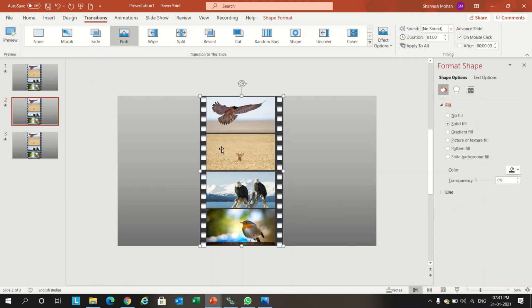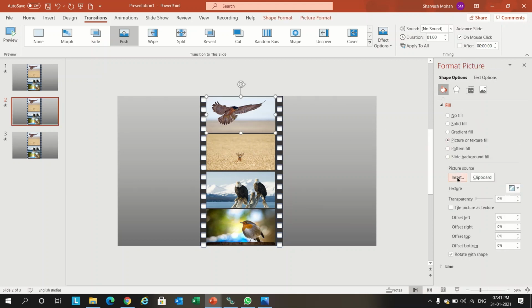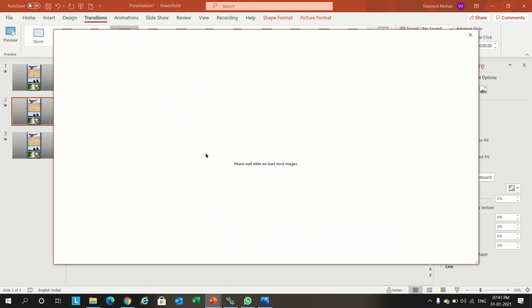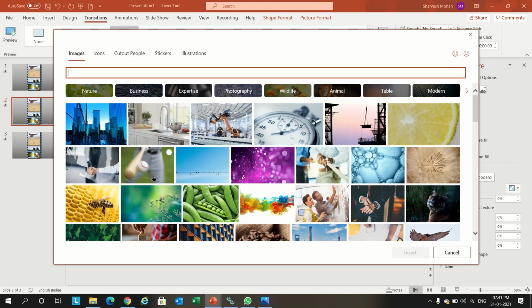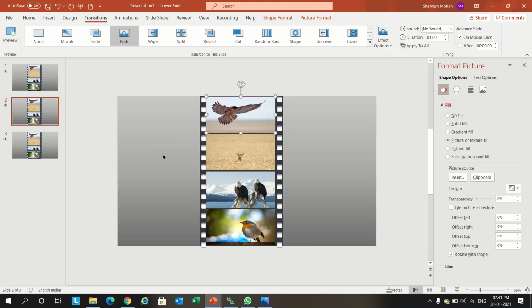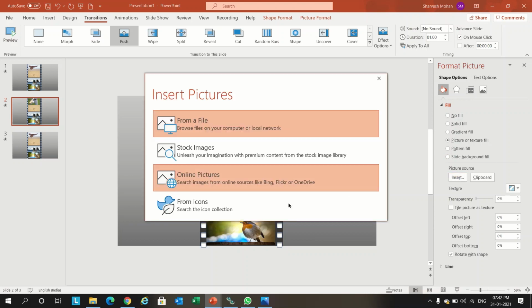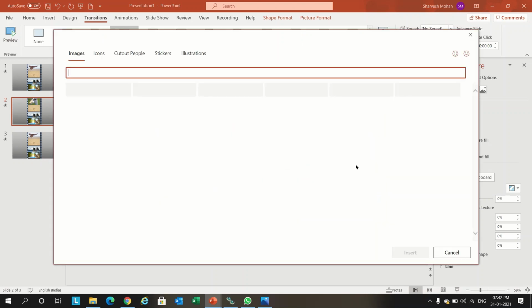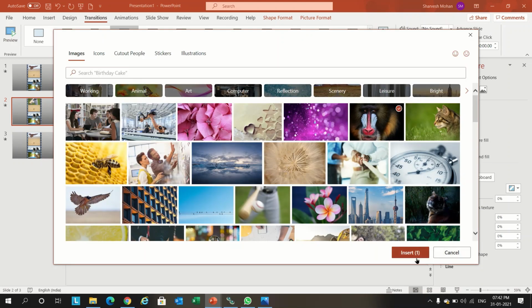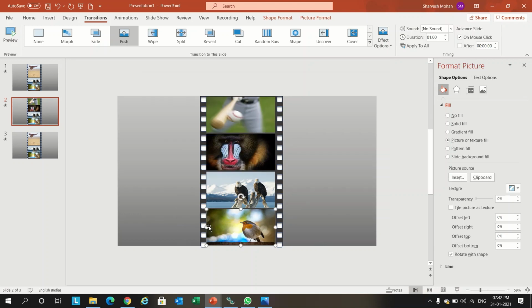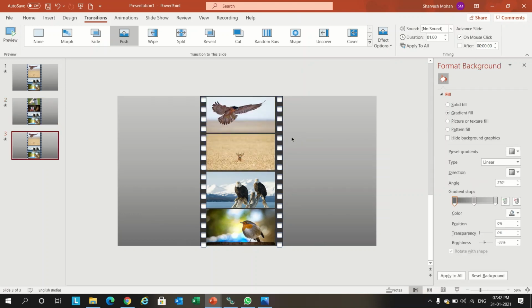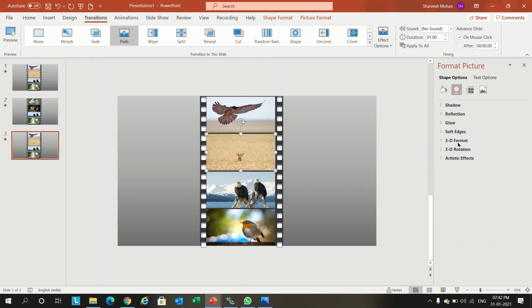On these, again we want to change the pictures. Due to time constraint, I'm just showing one picture change. And similarly, on the third slide, we'll change some pictures.